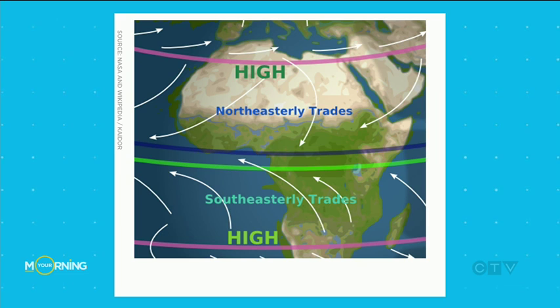When we are looking at El Nino, we're looking specifically at the circulation, the winds off the coast of South America. And for whatever reason, we don't really know why, sometimes those winds shift or they weaken and they don't go east to west. Sometimes they go west to east and they switch directions. What happens when the winds shift is that instead of getting all of this cold water from way down deep in the ocean brought up to the surface, it's called upwelling, instead of seeing that, we get this damming of warmer water along the west coast of South America. So warmer than average sea surface temperatures.